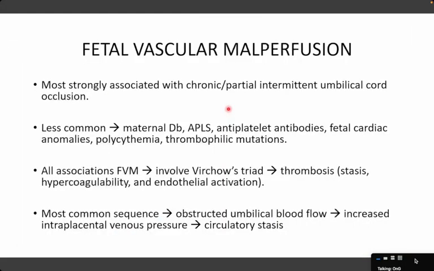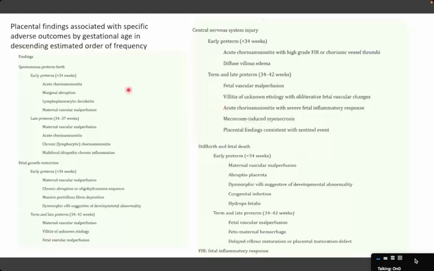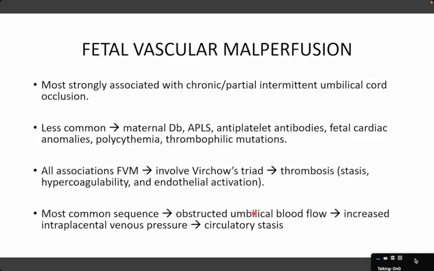So the next that we are looking at is fetal vascular malperfusion. Fetal vascular malperfusion is associated with fetal growth restriction, as you can see here, as well as central nervous system injury, and stillbirth and fetal death. Gamal alluded to this as well. Fetal vascular malperfusion is most strongly associated with chronic or partial intermittent umbilical cord obstruction. It has less common associations, such as maternal diabetes, maternal antiphospholipid syndrome, antiplatelet antibodies, fetal cardiac anomalies, polycythemia, and thrombophilic